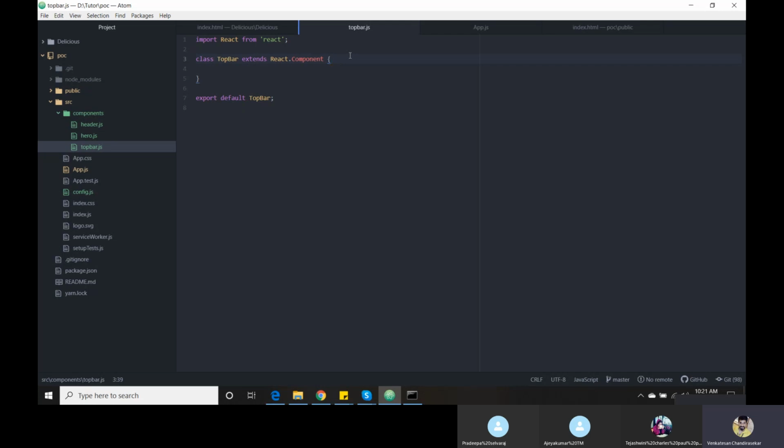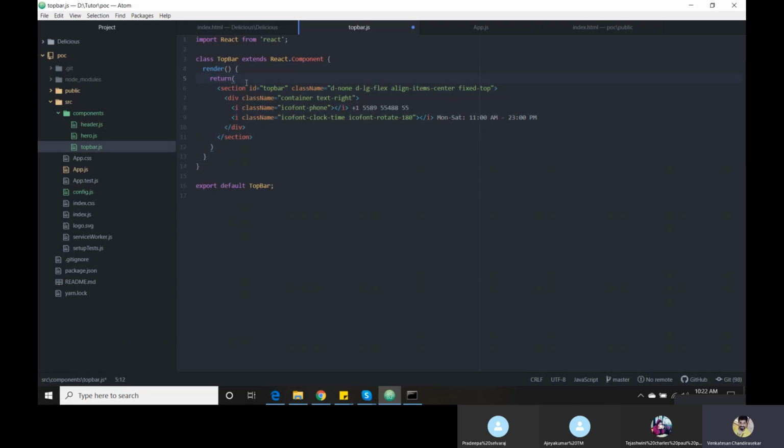HTML is a separate part and JavaScript is a separate part. In React.js, we are going to combine both in a single manner. I will tell you how we need to combine those things. They call it a JSX element. JSX element, in the sense, is JavaScript combined with HTML. This is the common syntax, Pradipa.